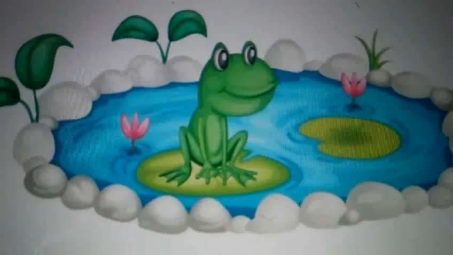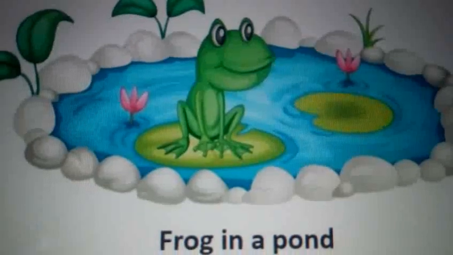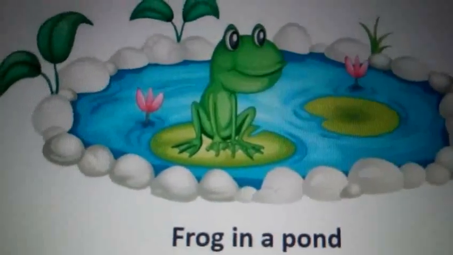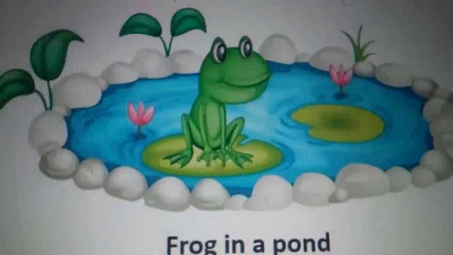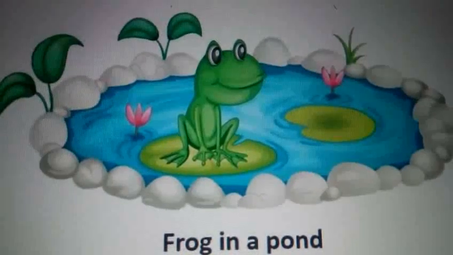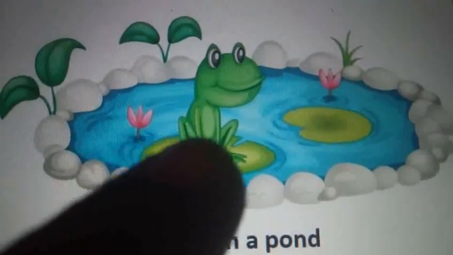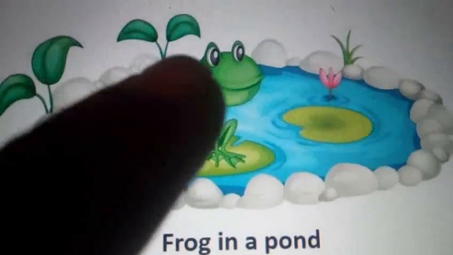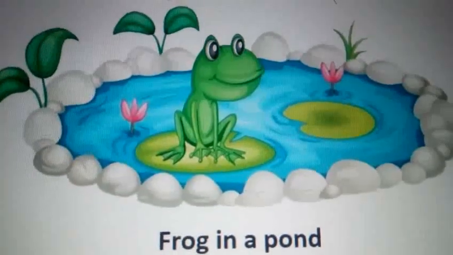From this unit, the next topic is home of animals, right? Yes, animals around us, home of animals. So, see that this is my drawing. I drew and labeled my drawing, frogs in a pond. Now I will speak about my drawing. This is a frog. Frogs live in a pond. A frog has 2 eyes, 2 ears and 1 nose, right?